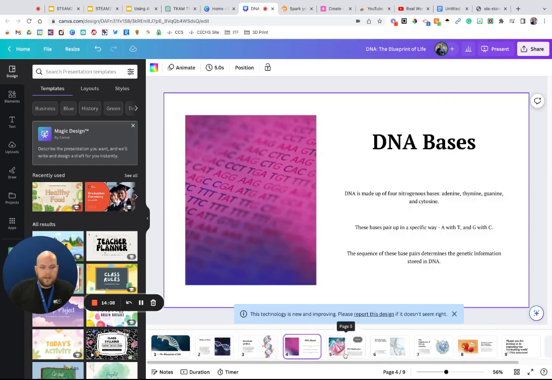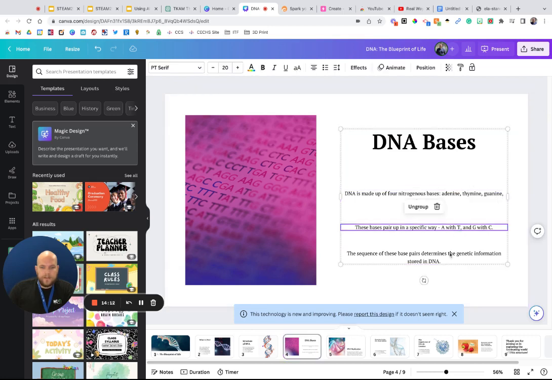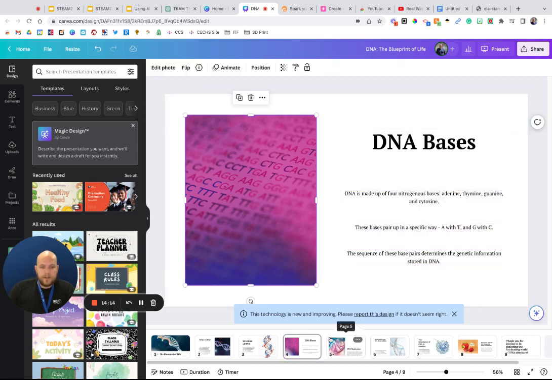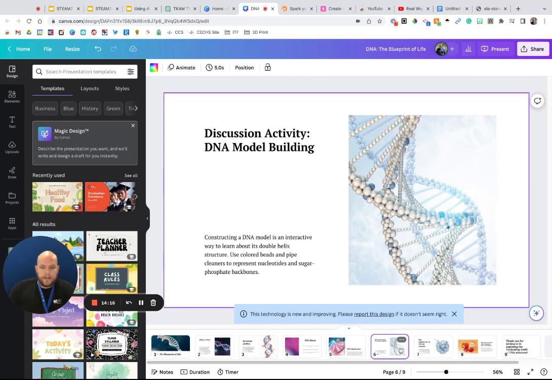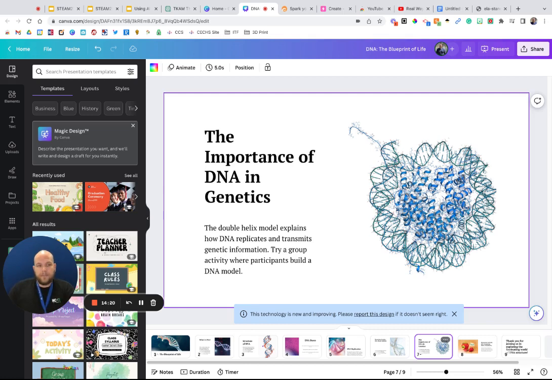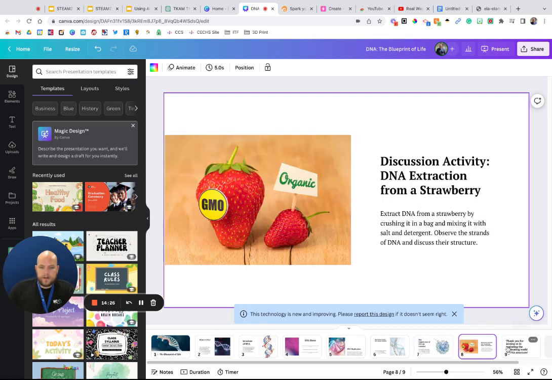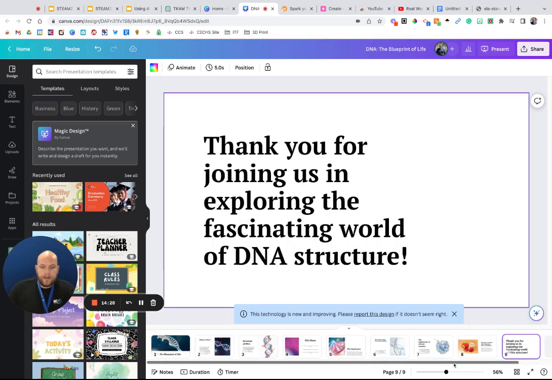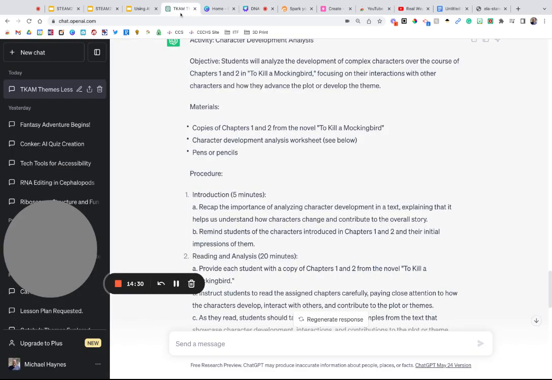And I can make adjustments here. I can change any of these texts. I can change the photos, whatever I need to. And it took me all of about a minute to create this. So it's a great starting off point, I would say, for Canva, because I can go in and, like I said, just make my general layout, and I can go ahead and get started. So another way of getting a little bit quicker, moving a little bit forward.